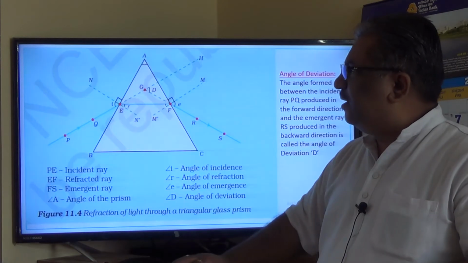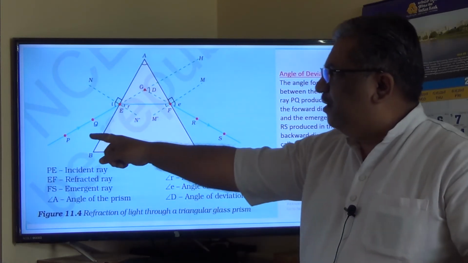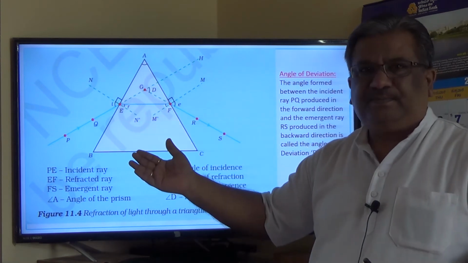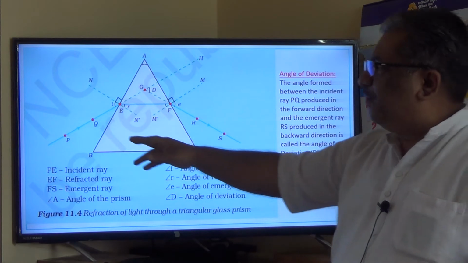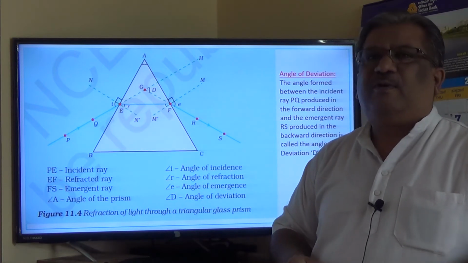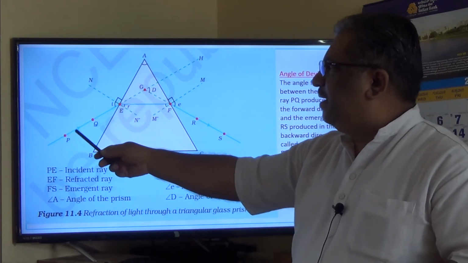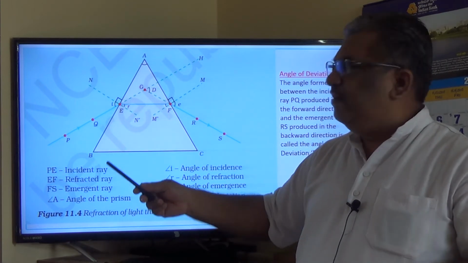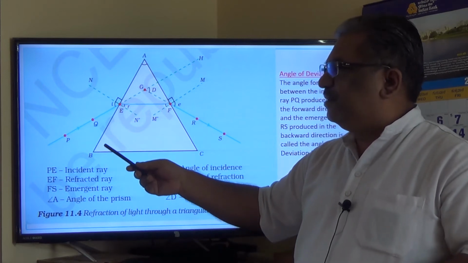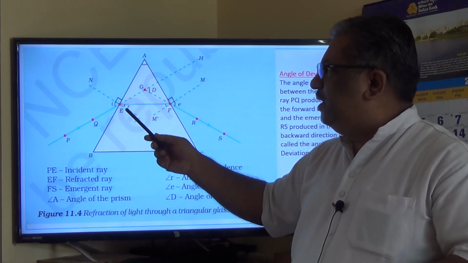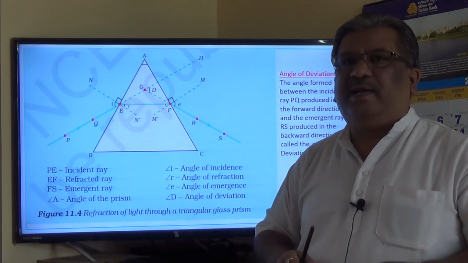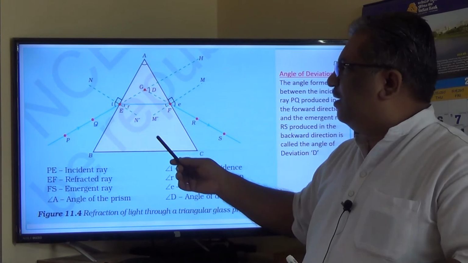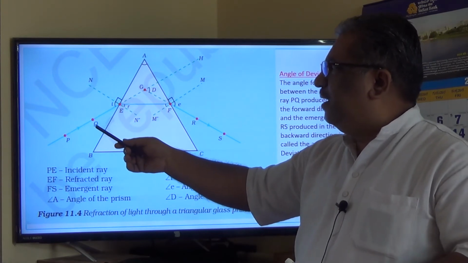In the next slide we will see, if a monochromatic source of light is taken, how does it bend? Here I am talking about a monochromatic source of light. Monochromatic means single color. I may take either a red color or a blue color or a violet color. Why I am referring to a monochromatic color here is, if I take white light, you observe the splitting of white light into its component colors, and therefore it is very difficult to explain the refraction by considering all